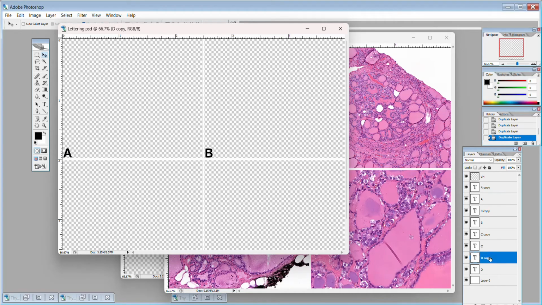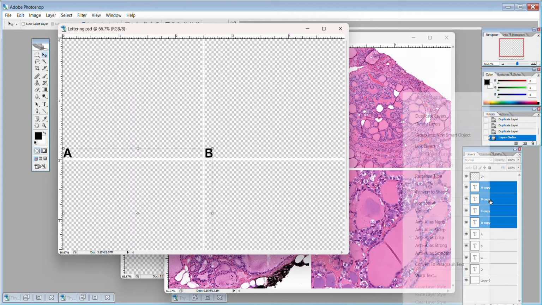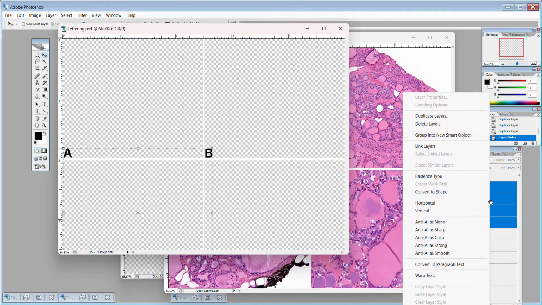So if I click on D, and I click on C, and I click on B, and then move them up, I'm able to get all of them aligned. I use the control function to click on copy, with each of these having the eye open so that they're all going to be together, and this entire grid is now going to be, with a right click, created into a single group for this particular area